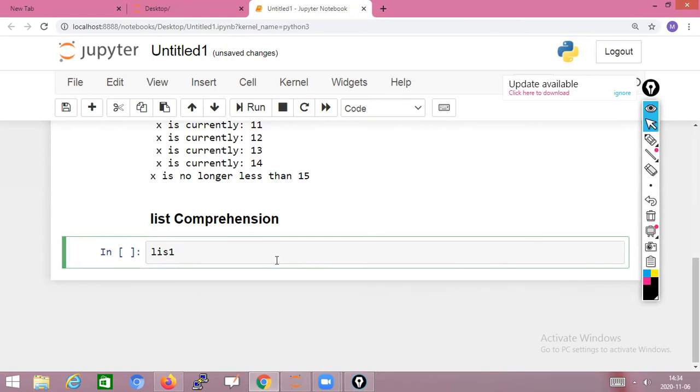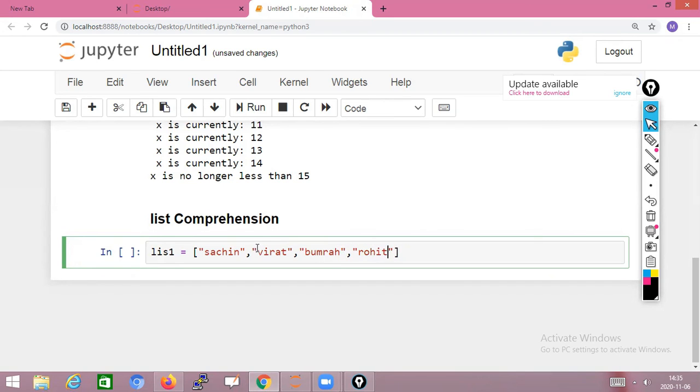List one is equal to list syntax, square brackets, next Sachin, next Virat, next Bumrah, and if you take one more inning, Rohit.